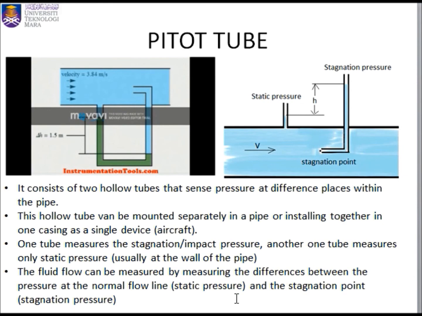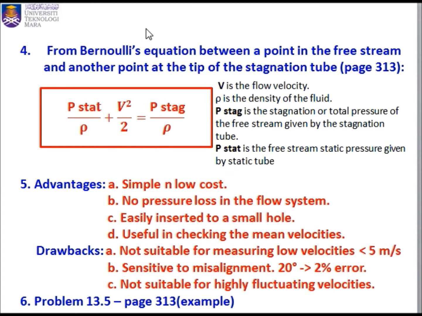Alright. So next, from the Bernoulli equation between a point in the free stream and another point at the tip of the stagnation tube, this is the equation, which is P static over rho plus V squared over 2 equals P stagnation over rho. So next are the advantages of the pitot tube: it is simple and low cost, with no pressure loss in